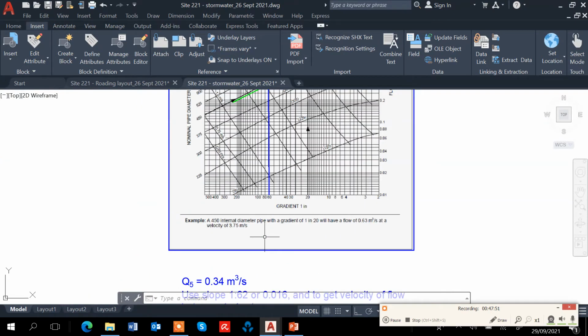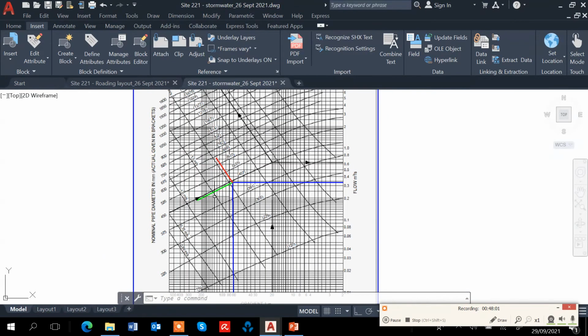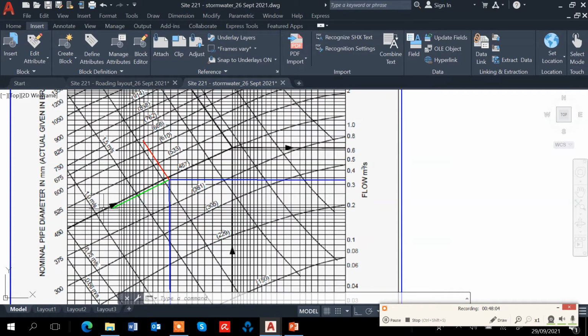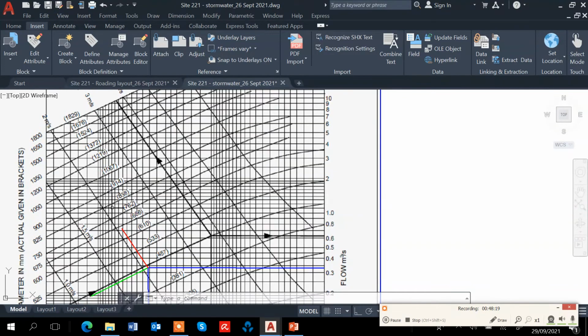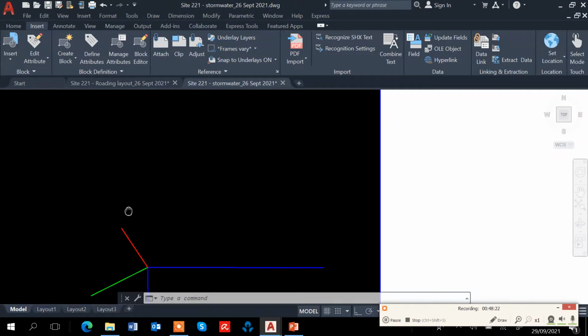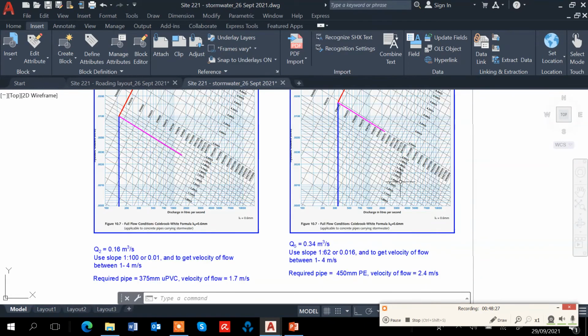So for the Q5 is 0.34, and the slope is 1 to 60, about 1 in 62. So about 60, and then this one is 0.34. So I get about the green line here is near to 450. So I use 450. So the speed is about, I think, between 2 and 2.2. This line is 2, that one is 3, 2.2. Whereas for the Colebrook-White,